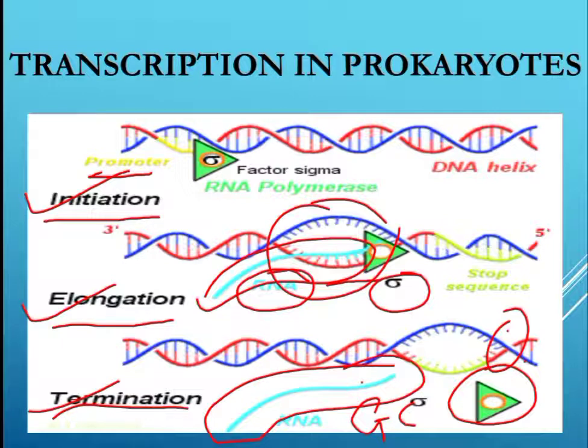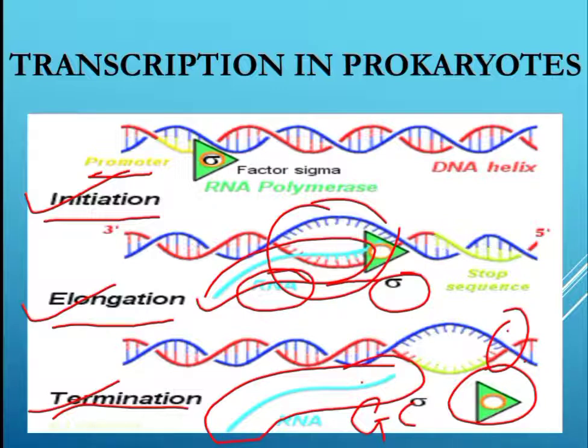Then elongation, where a transcription bubble will be formed, and the RNA polymerase will proceed in the 5' to 3' direction, and it will get dissociated from the sigma factor, and it will continue the polymerization of ribonucleotides and will result in the formation of